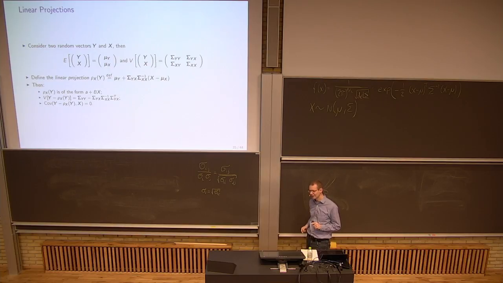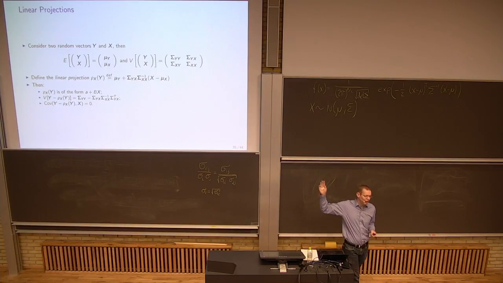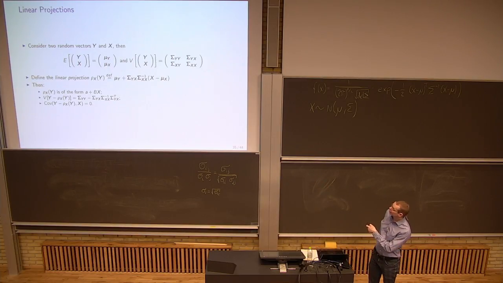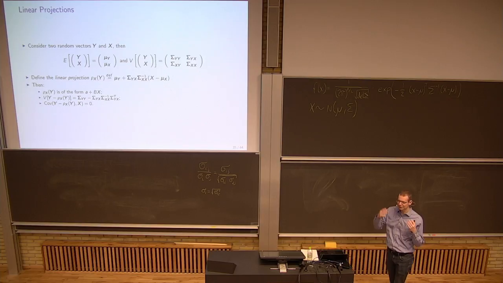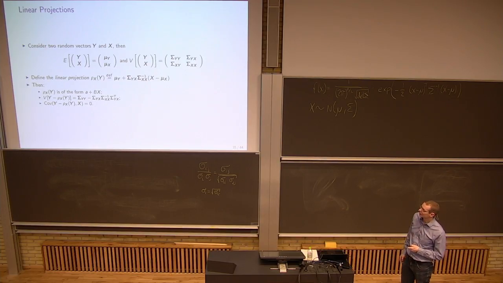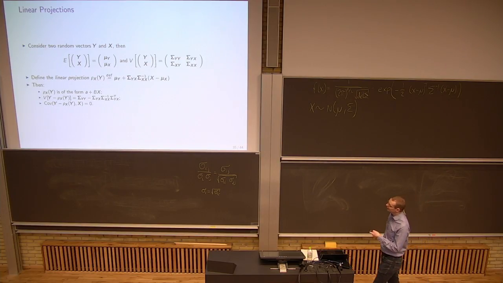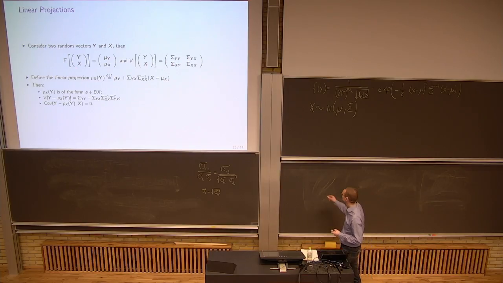They are exactly each other's transpose, because otherwise you could say the joint covariance matrix here is not symmetric. So that's just to keep that in mind. Now, the linear projection theorem,